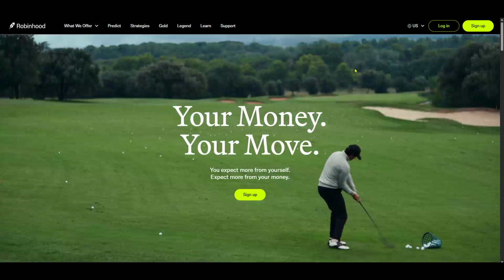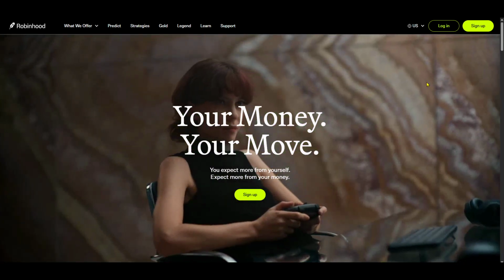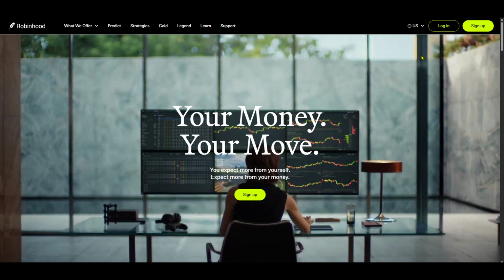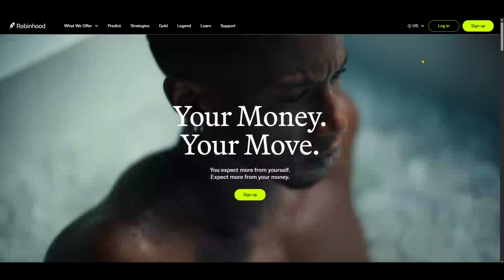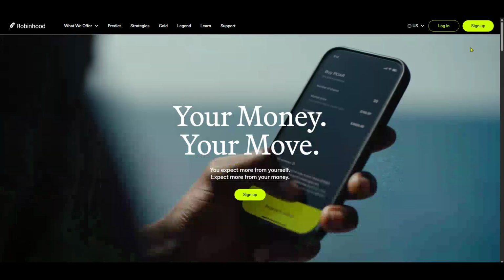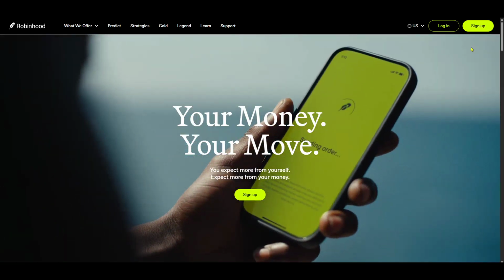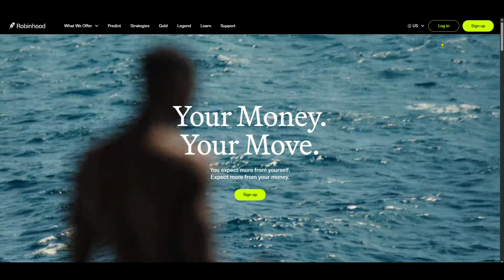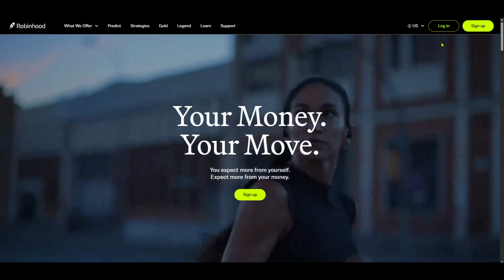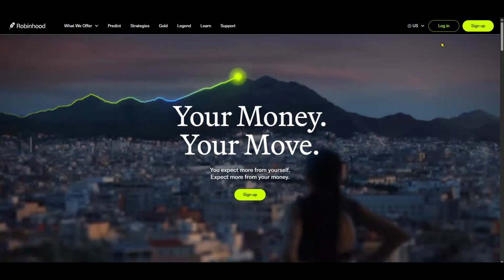your investments and profits. First things first, you'll want to head over to the Robinhood website. Robinhood offers commission-free stock trading and investing, making it a popular choice for many investors. It's always a good idea to familiarize yourself with their main website, as it hosts a wealth of information about